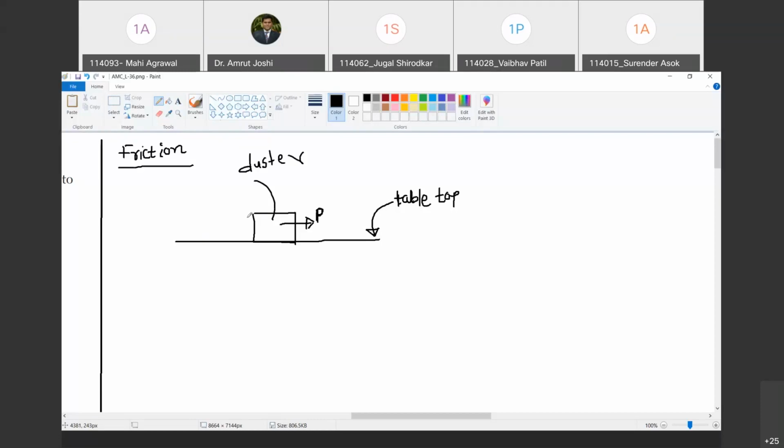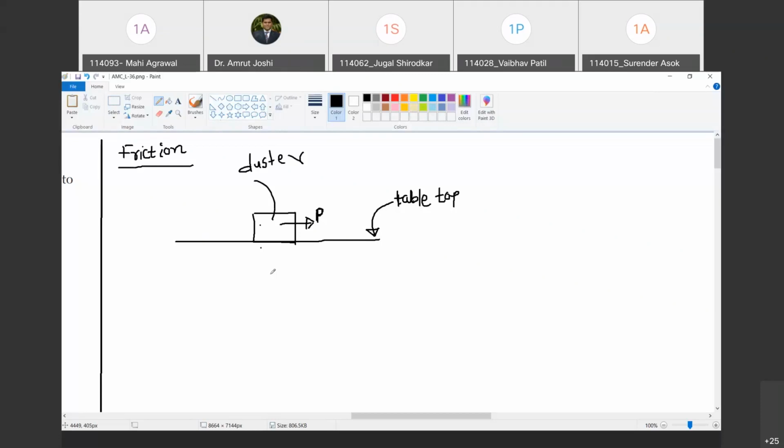Yes, sir. So first thing that you have to note is frictional force is the force that comes into picture at the interface between two bodies. This is body number 1 and body number 2. It is the interface force. Do you agree with me? Force at interface. Happy? Yes, sir. And who applies the frictional force on whom? Both the bodies apply frictional force on each other. And by Newton's third law, these two forces are equal and opposite. Do you agree with me?